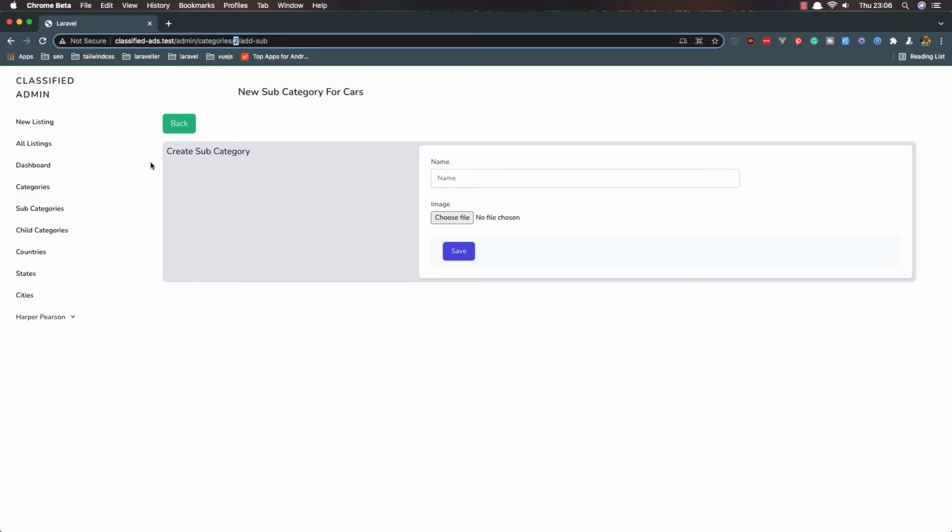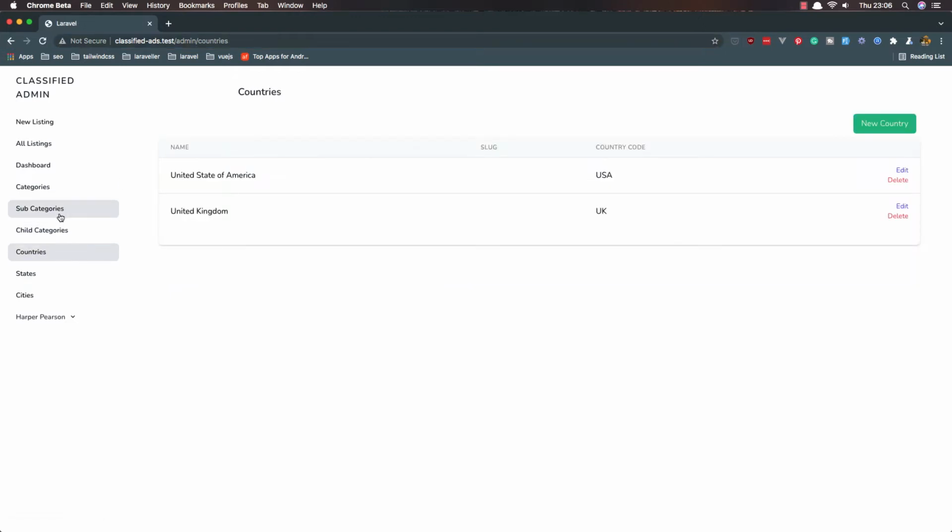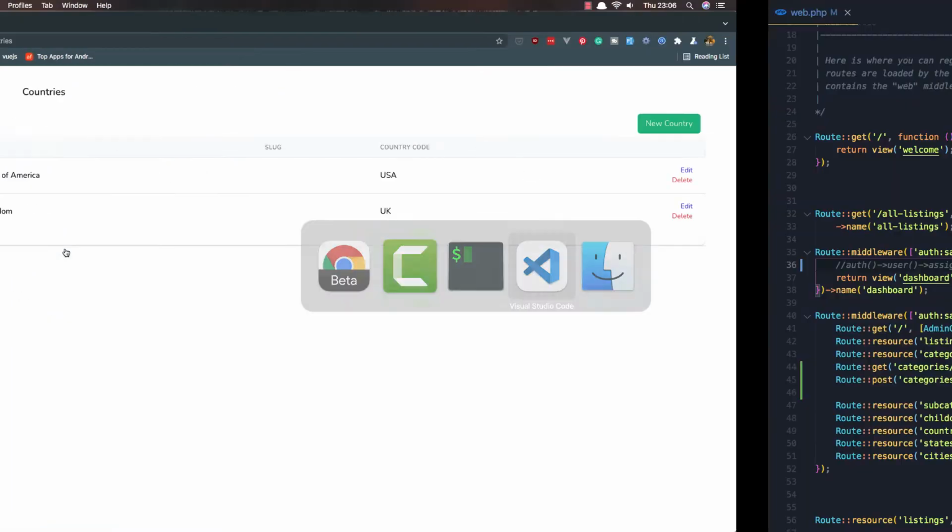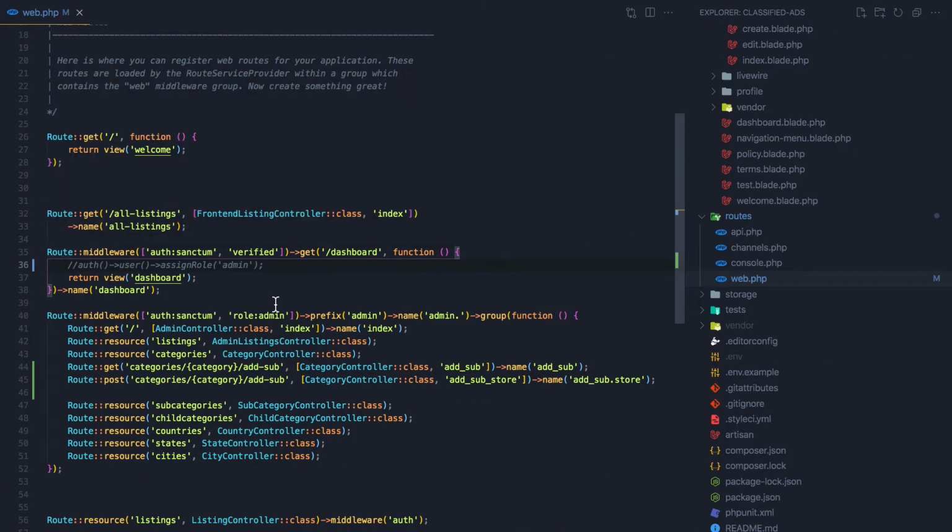I'm going to do the same thing for the countries now, and after that I'm going to create the same thing for the subcategories, child categories, states. For the subcategory and states, but I'm not going to shoot video for that, just make that and update the GitHub repository so you can find it in the GitHub. Okay, so first I'm going to navigate in the web PHP,